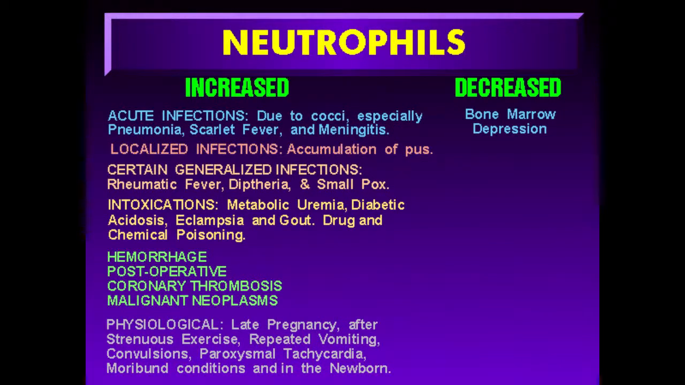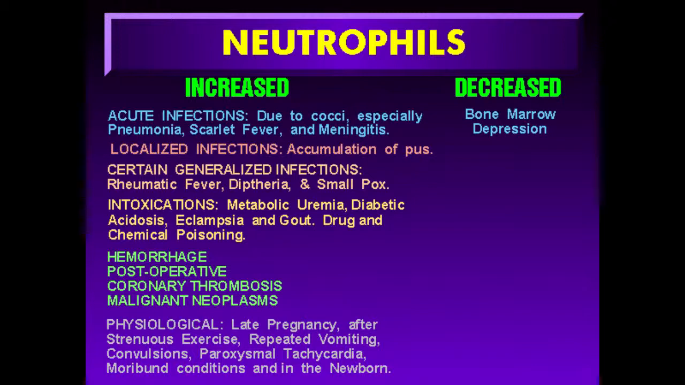Neutrophils increase in acute infections due to cocci. They often are quite elevated in pneumonia, scarlet fever, and meningitis. They also multiply with localized infections, producing an abundance of pus, especially when the lesion is under pressure. They increase in some general infections, such as rheumatic fever, diphtheria, and smallpox. Neutrophils respond immunologically in some metabolic disorders, such as uremia, diabetic acidosis, eclampsia, gout, and in poisoning by certain chemicals